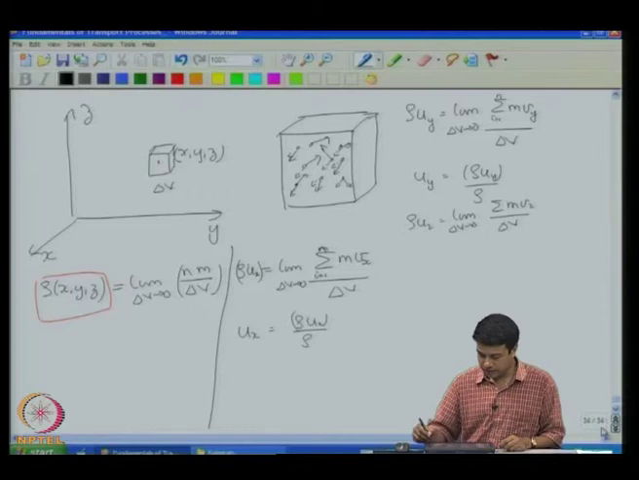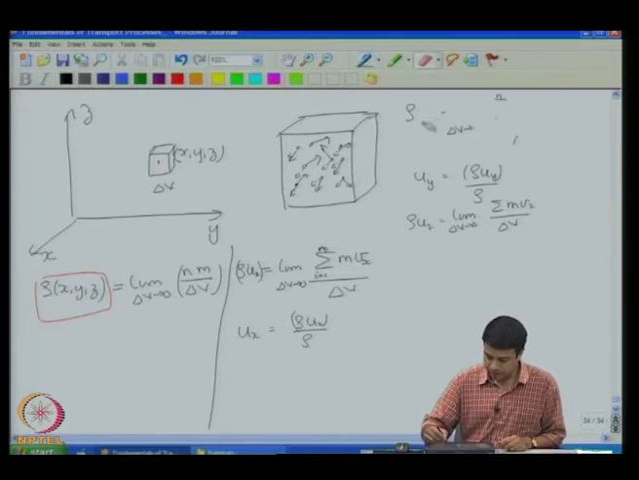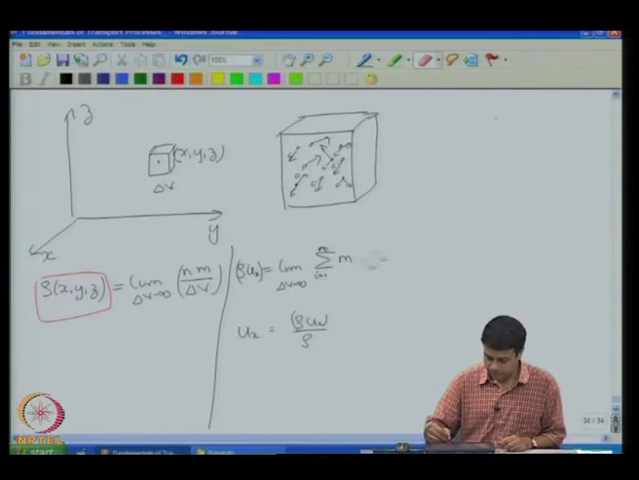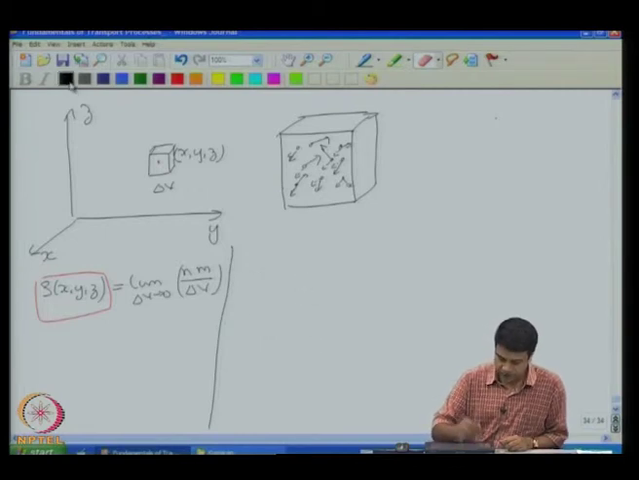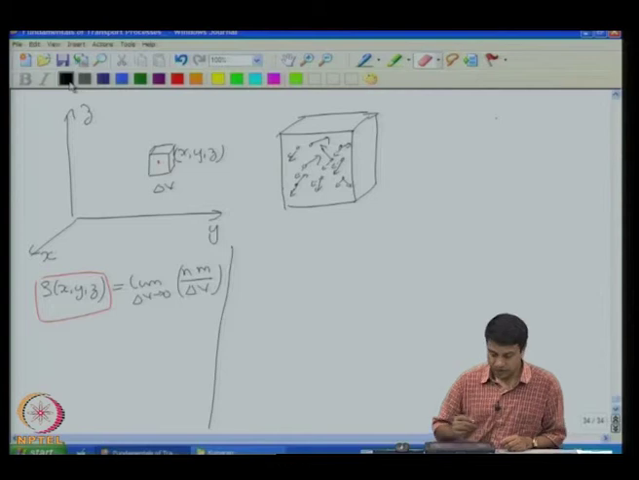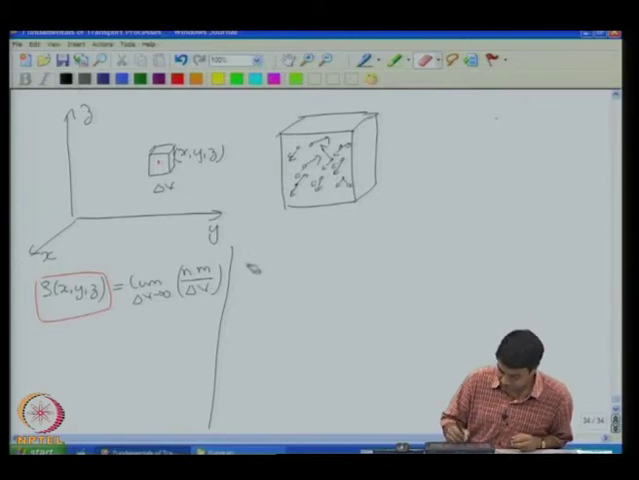However, I do not really have to think of it in this manner. I could very well define the velocity vector itself. I could define the momentum density as the density times the velocity vector itself. So, I could define a vector momentum density, where u stands for a vector, is equal to limit